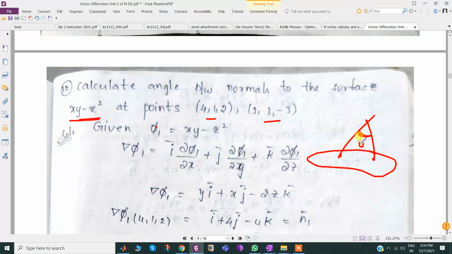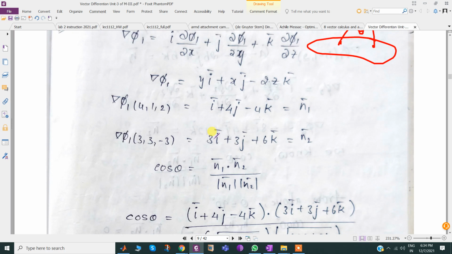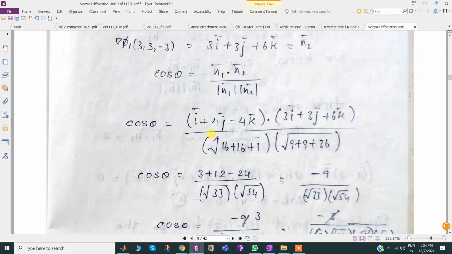There might be some angle. So what is that angle here? We are supposed to calculate del phi 1 at P1, del phi 2 at P2, or simply del phi because there is only one surface at P1, P2, and the same logic here.